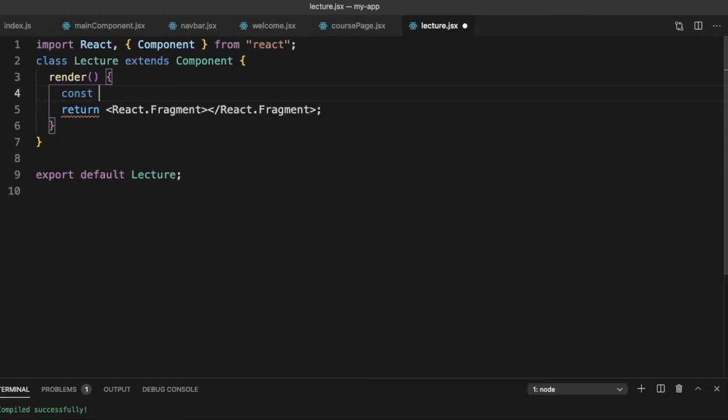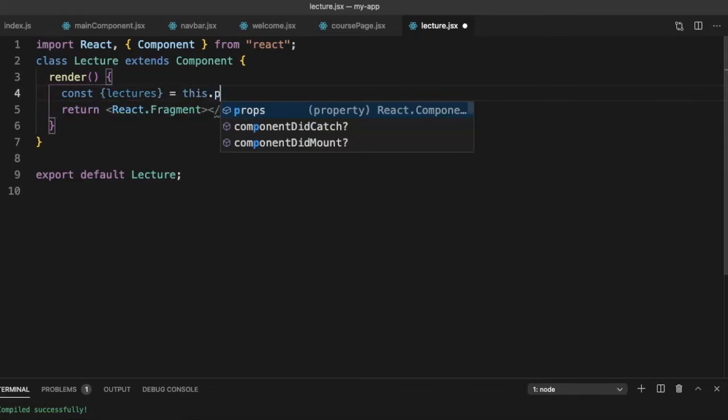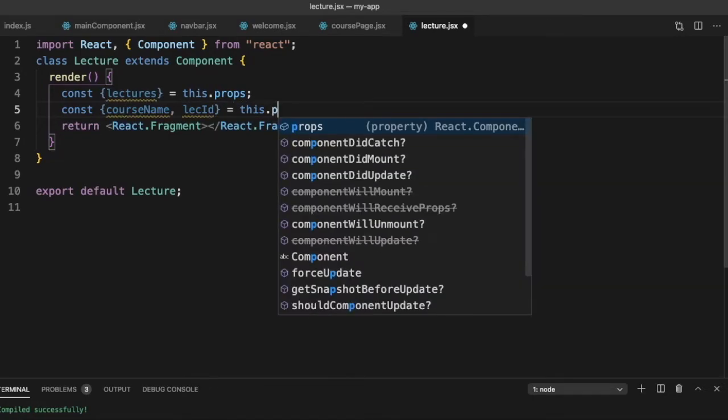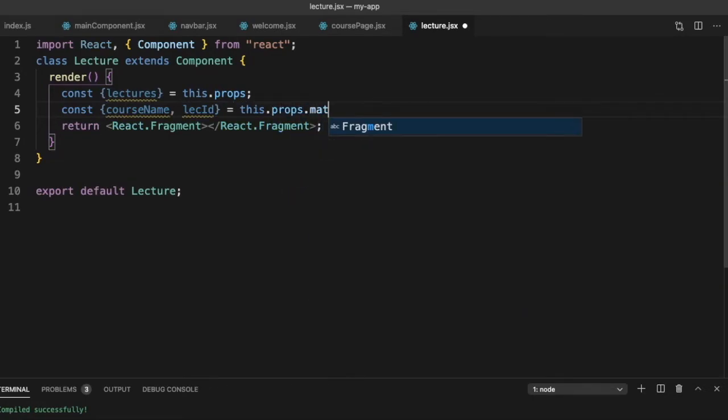Const lectures is equal to this dot props, and from the route parameters, what does it get? It gets course name comma lec id is equal to this dot props dot match dot params.